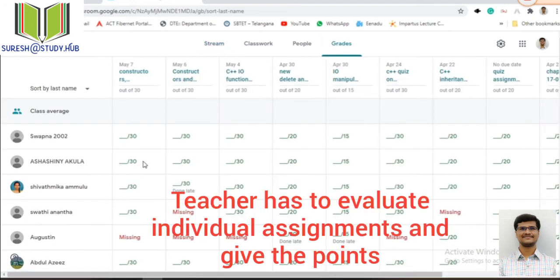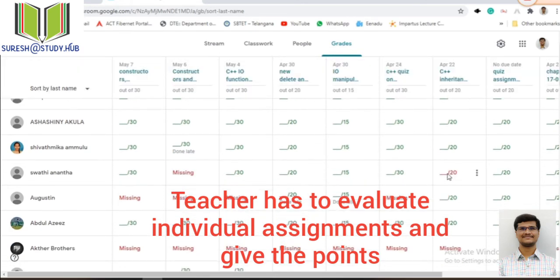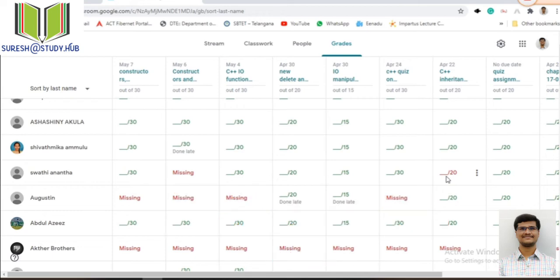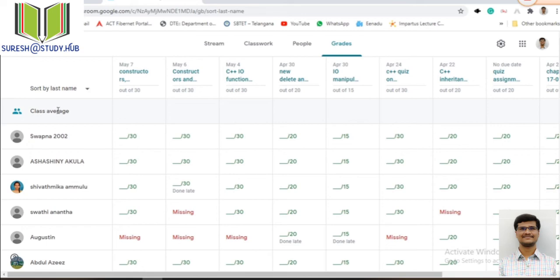Once these grades are assigned, it will automatically show for each individual assignment how many points are assigned. Some are missing, which means they didn't submit that assignment. So for the students that submitted, it will show. I will give the assignment score over here, and it calculates the class average also.